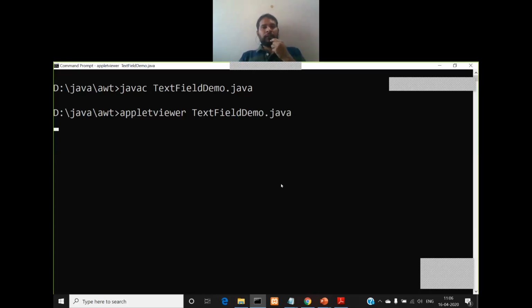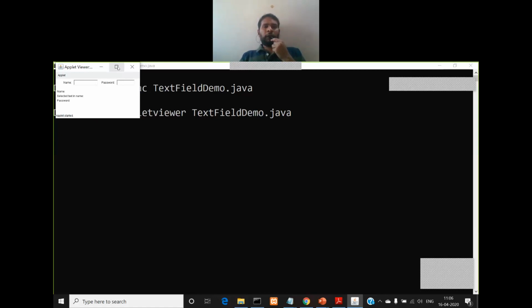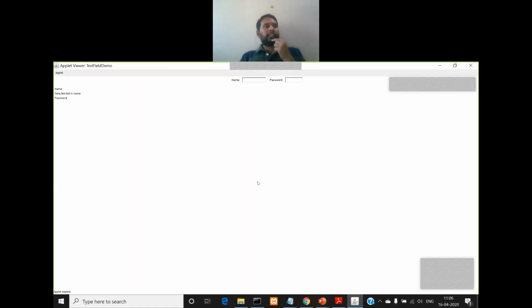Now you observe that two text fields are created with labels: the label name followed by one text field, and then another label called password followed by another text field.